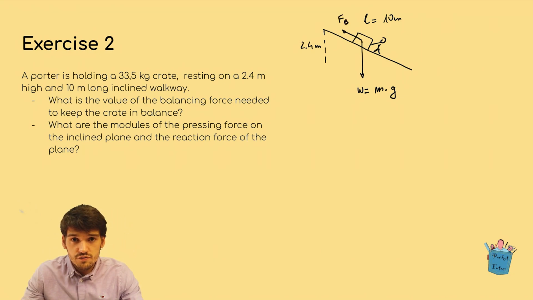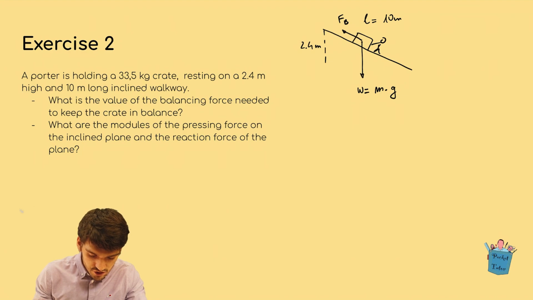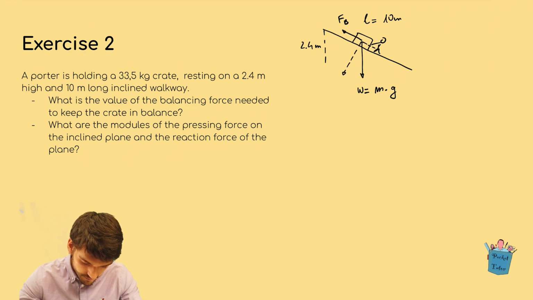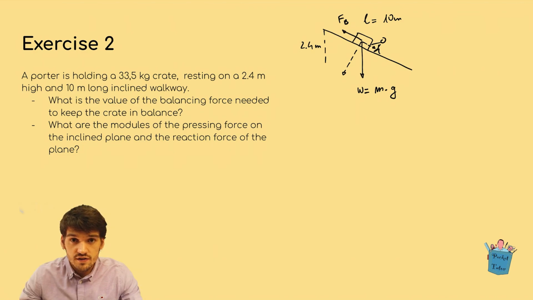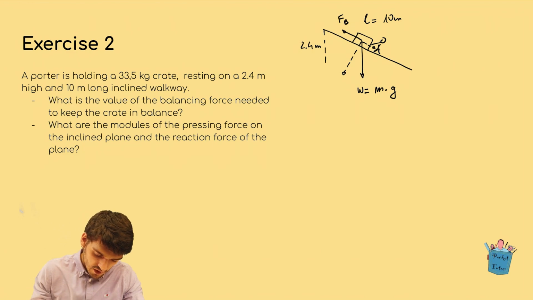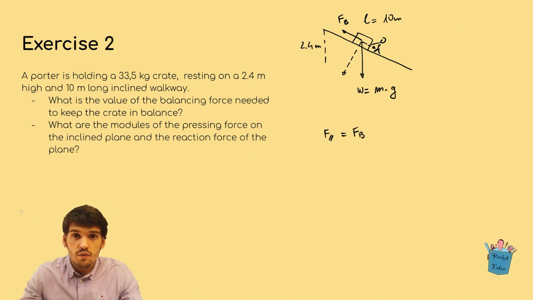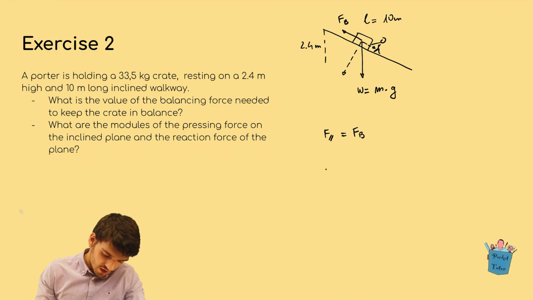And how to solve this problem? Well, first thing, we have to decompose the weight force of the crate in the two directions, one perpendicular to the inclined plane and one parallel. In order for the crate to be in equilibrium, we need that the parallel force, F parallel, must be equal to the balancing force. And we know that the parallel component of the weight, F parallel,